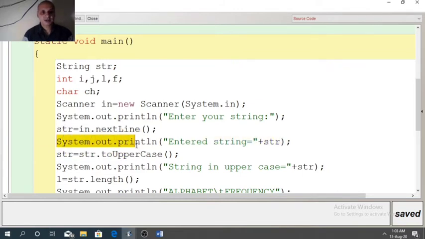So print the input, whatever is entered by the user as it is. Then we will convert it to uppercase. So str will store the same letters in uppercase format. Then display uppercase letters with a message. Then find the length.